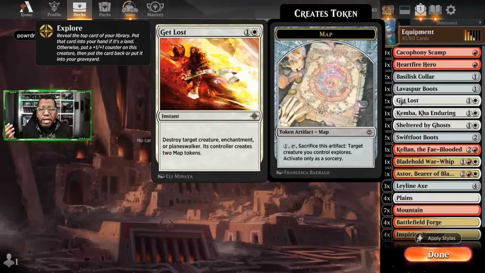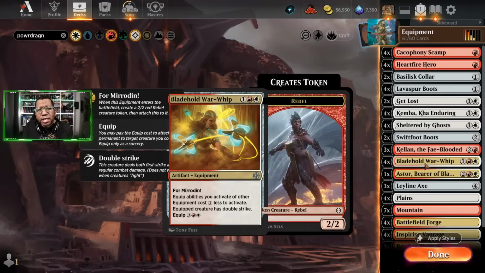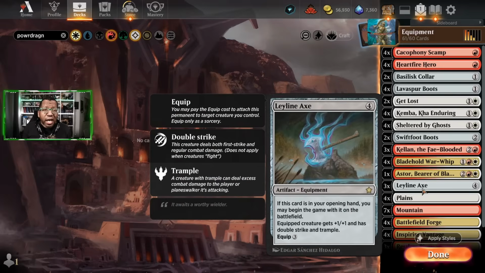But it is something to keep in mind that maybe we just need to have more threats, because we are a little bit creature light. There's only 16 creatures, technically 20 if you count the Bladehold War Whip. So we don't have a ton of creatures. And I could also see an argument for an extra Leyline, because truthfully, there were a lot of times that if you open with a Leyline, the deck is able to do a whole lot. So if you were to cut the 2 Get Lost and just play an extra Leyline and maybe just go to 60 cards,